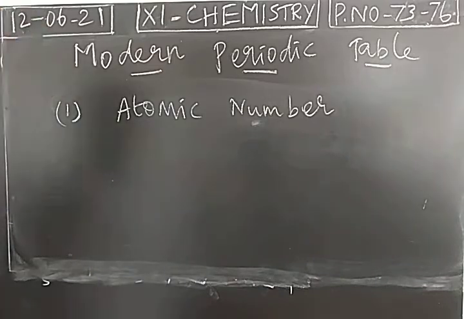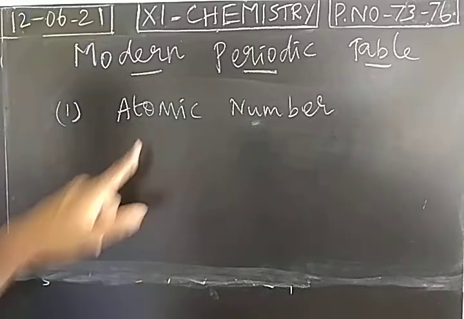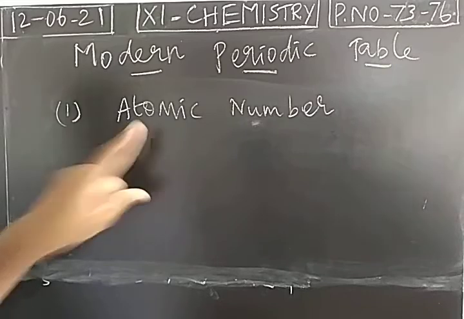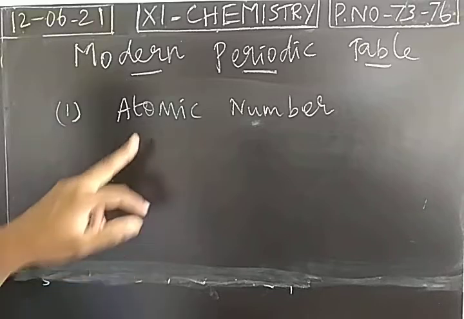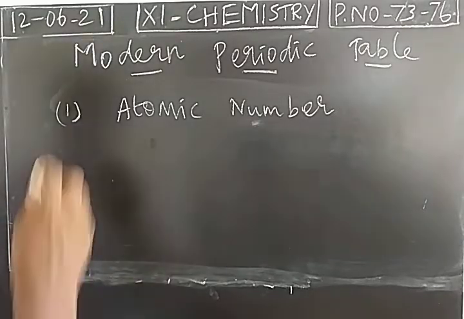In the construction of the modern periodic table, we arrange the elements in the increasing order of atomic number. So what is the major difference between the Mendeleev periodic table and the modern periodic table? The Mendeleev periodic table was constructed based on atomic weight. Mendeleev arranged the elements in the increasing order of atomic weight, but in the modern periodic table, we came to the conclusion that atomic number should be the fundamental property. So we arrange the elements in the increasing order of atomic number. Then,